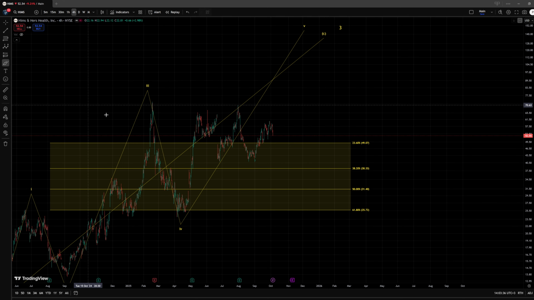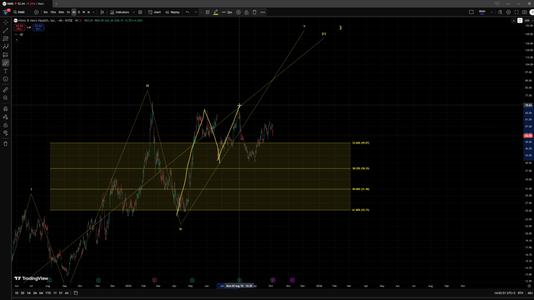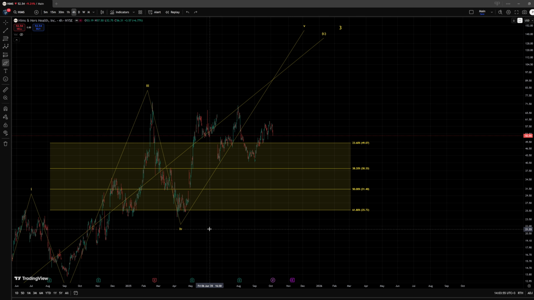And this is where, in the previous video, I provided you the idea of this being a possible A wave top. Let me redraw that. This being a possible A wave top, we were looking here for a wave B correction. We did get it, but then we pushed higher in another 3-wave structure, which seems to be another leading diagonal